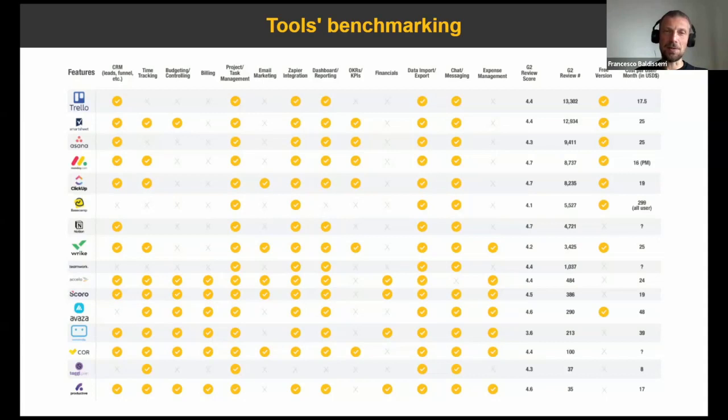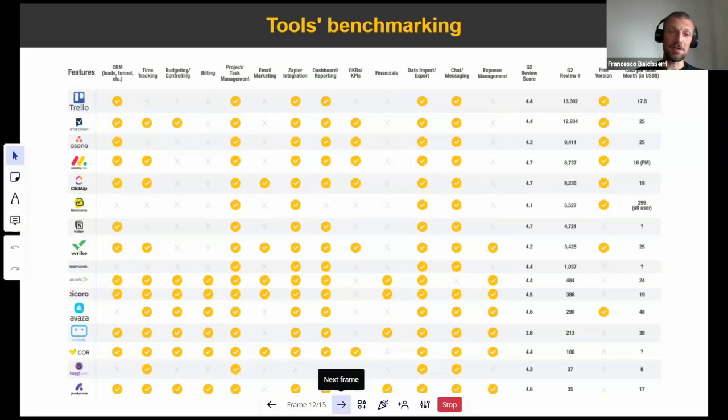Even if the tool is almost end-to-end and you don't have many other tools integrating with it, or you don't have any other needs, I think the fact that the system is open, and easy to integrate and to expand, is a good sign. It's a good sign that the tool can be used in the company for the years to come. So this is the way we approach the selection of tools.